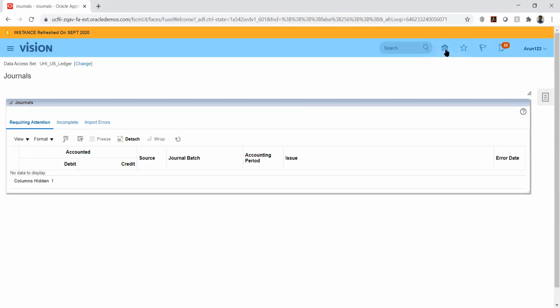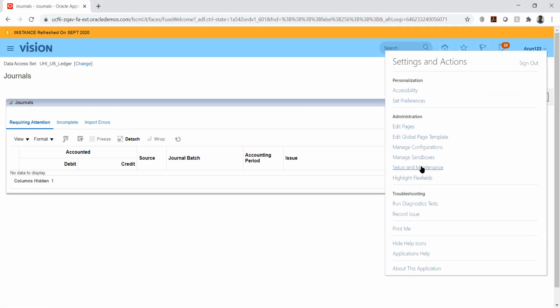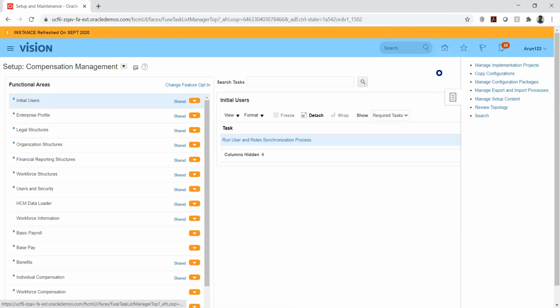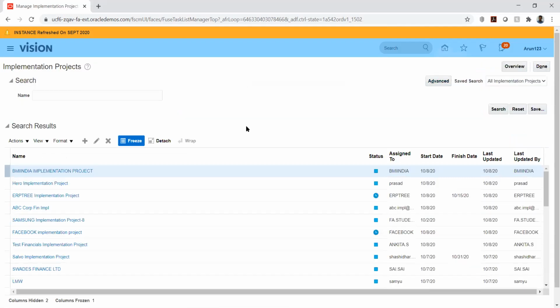So I'll just navigate to status. One disadvantage that we have in the daily rate is that once we have defined and uploaded it, we will not be able to make any changes to that. That is the only drawback that we have with it. And we cannot enter it manually. We should use only a spreadsheet.